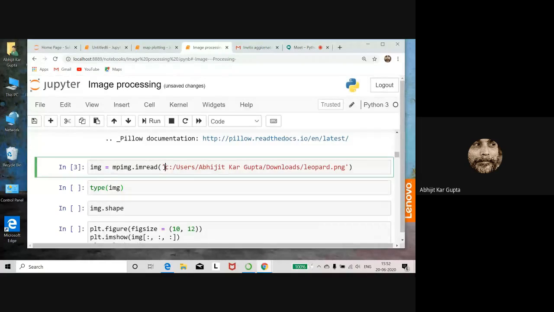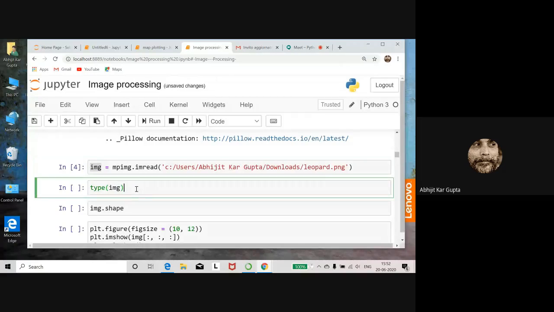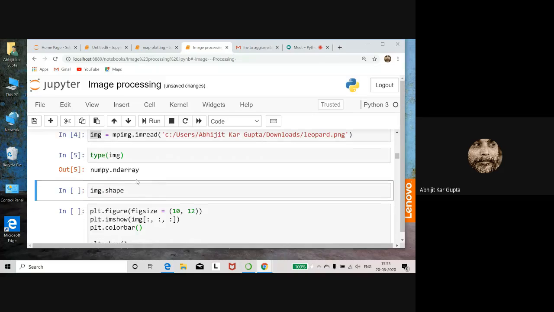I just ran it and just read it, and you see what is IMG. I created a variable, and the variable is IMG. First you check what is IMG. This is the first principle. Whatever we do in Python, if you have a doubt, you put it inside the type function and see what it is. Run, and you see this is a NumPy array. So this is fantastic. You got an image, and you converted it to a NumPy array.